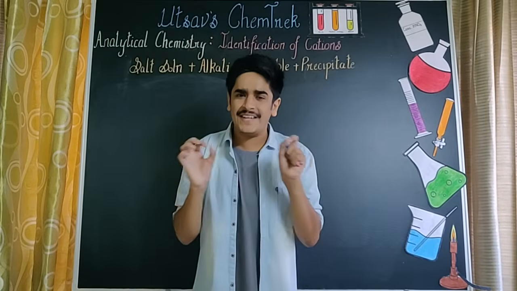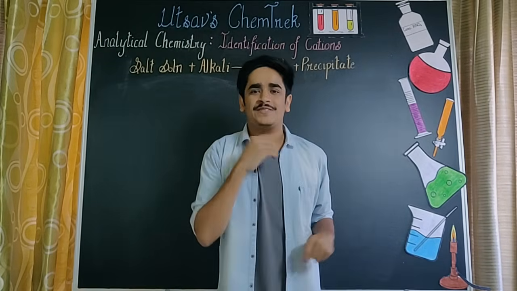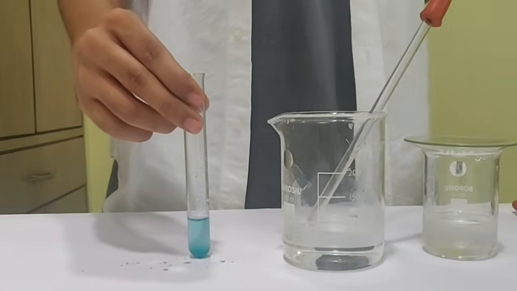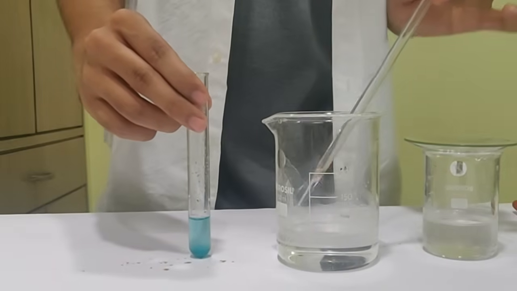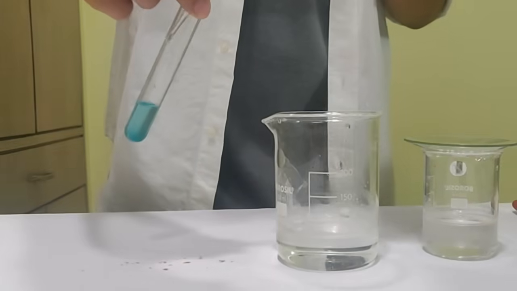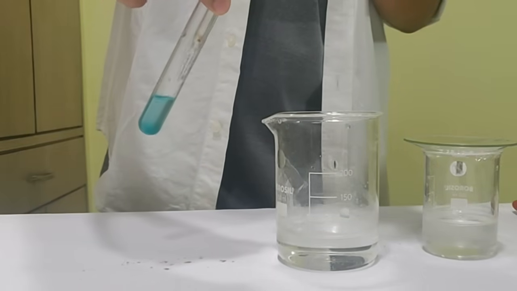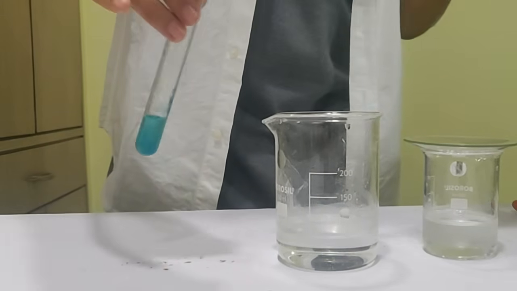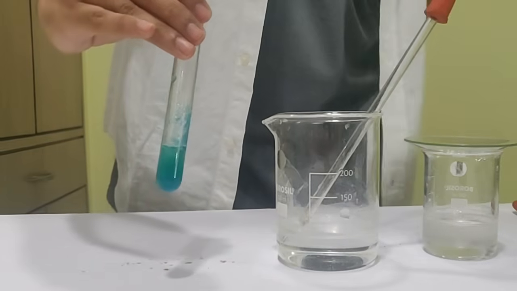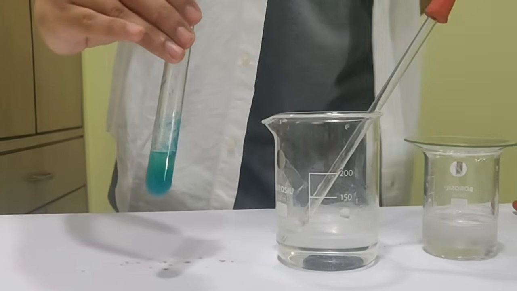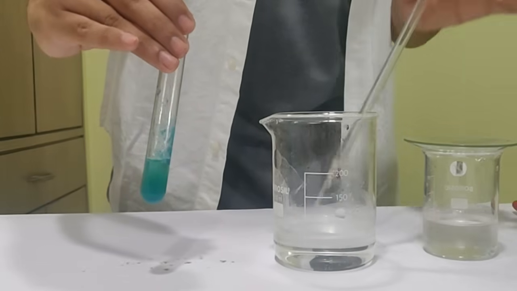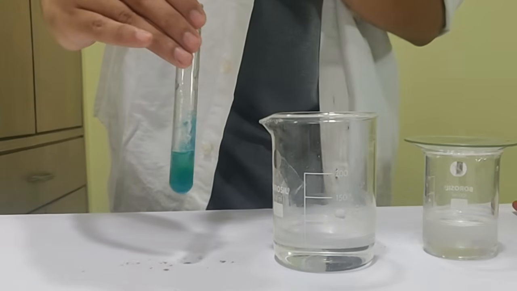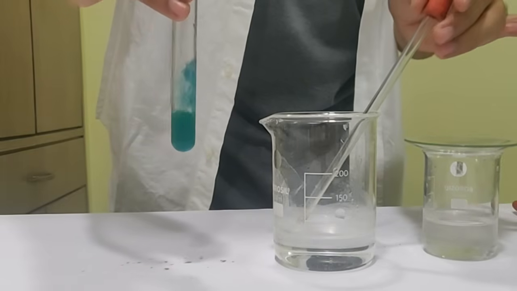So now I'm going to show you all the reactions which are specific to copper salts. So now we have copper sulfate solution over here. To this I am going to add sodium hydroxide, and initially I am going to add it drop by drop. And if you all see, I am getting the formation of a precipitate here, and the color of this precipitate is given as pale blue in color. If I add this sodium hydroxide in excess, वो dissolve होने वाला नहीं है,